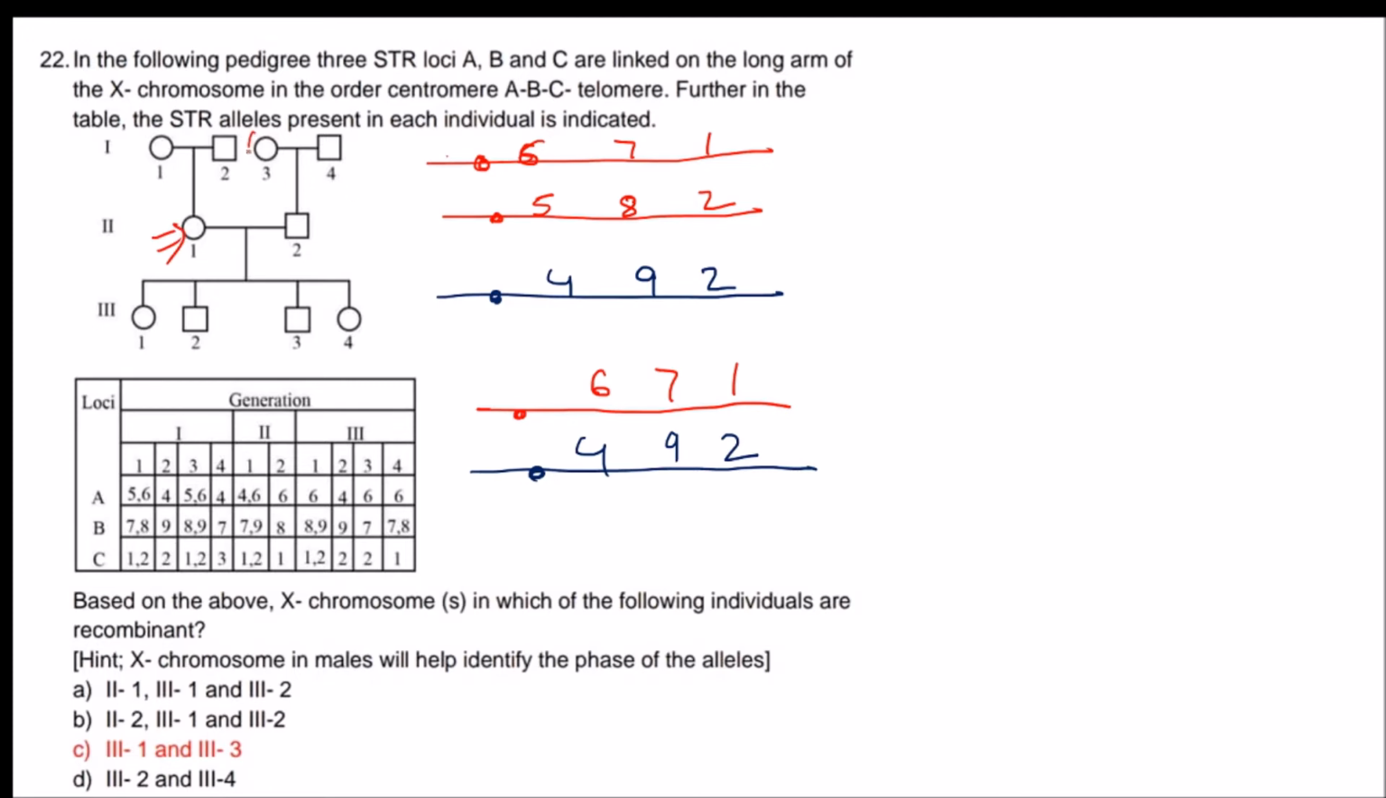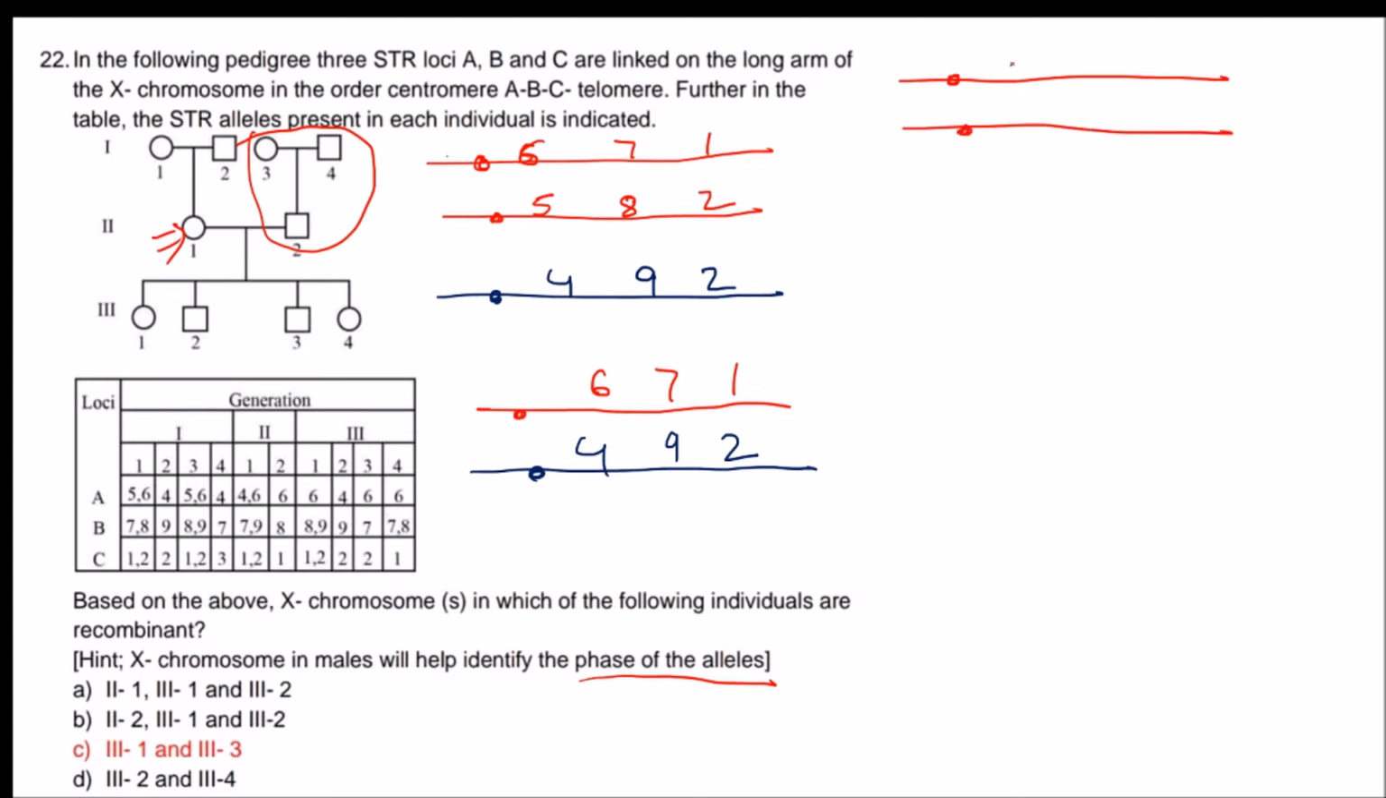Now come to the next one, this side. Come to number 3. Number 3 is similar: we will determine the phases of alleles on the chromosomes. So again I am writing here as it is given